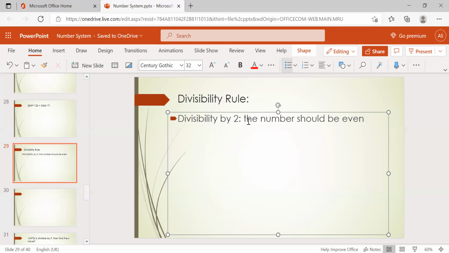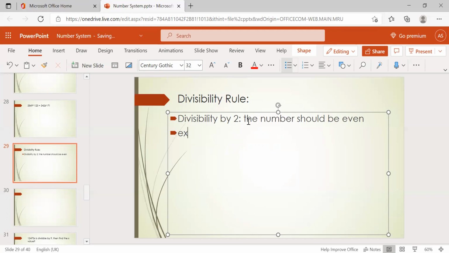Whatever the number is, however big it is, if it is even, meaning the last digit is even, it is divisible by 2. So all the even numbers will be divisible by 2, right?